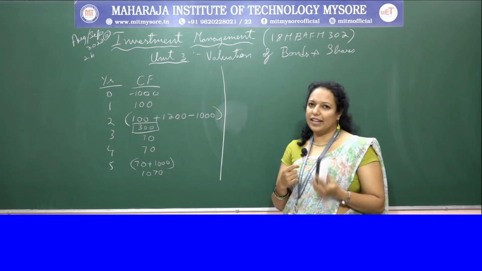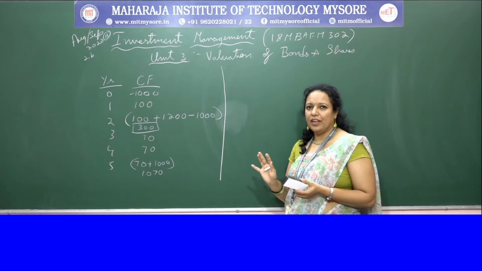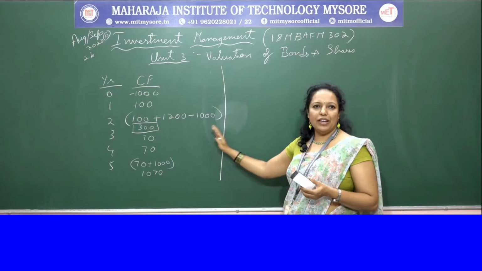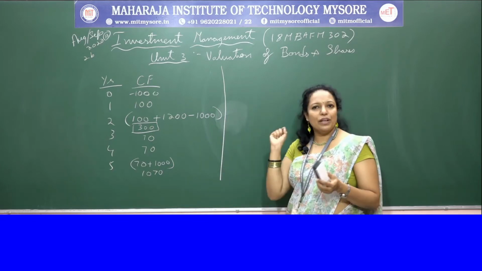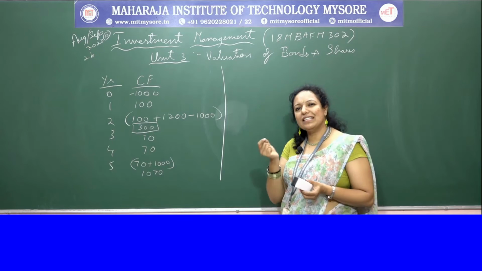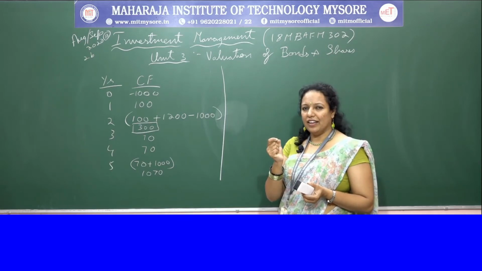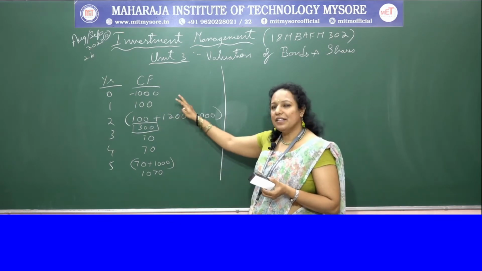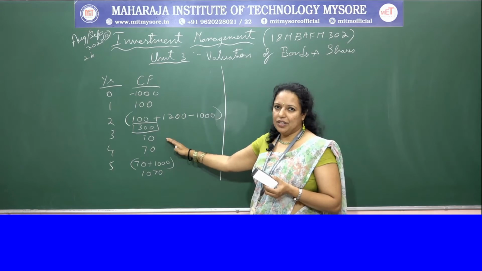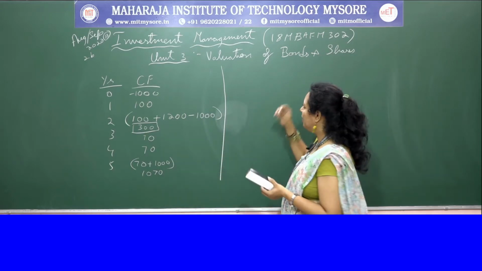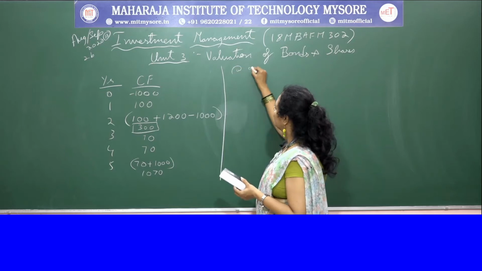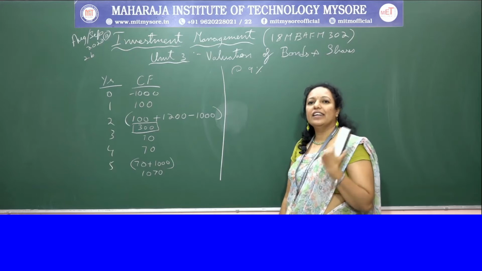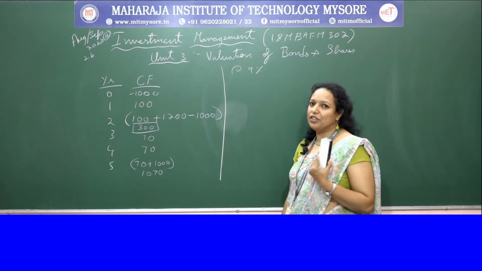So how should you select the interest rate? One is 7% and another one is 10%. Initially they were paying 10%, later on it is 7%. So always when you begin with, you have to take a slightly higher rate when compared to 7%, because 100 and 300 is greater than 70. So slightly higher than 7% you have to take. So I'll take 9%. With 9% we are going to calculate the present value interest factors of the cash flow.